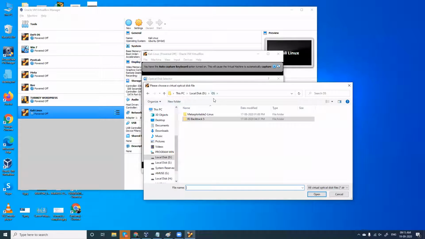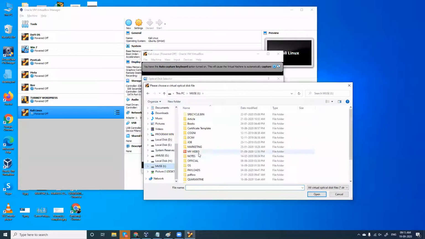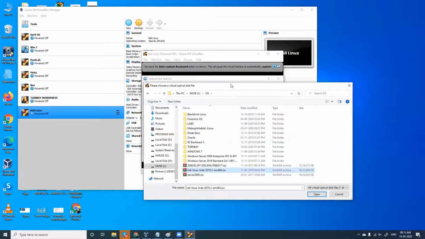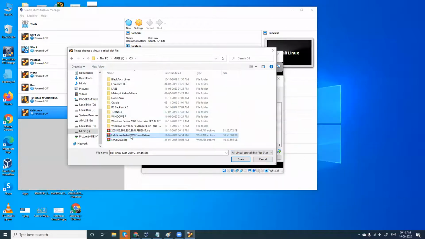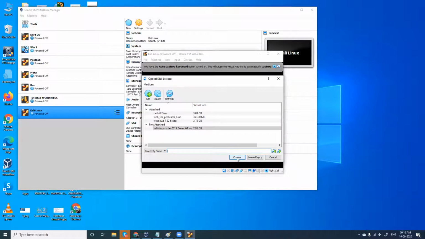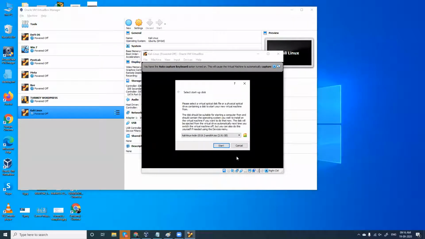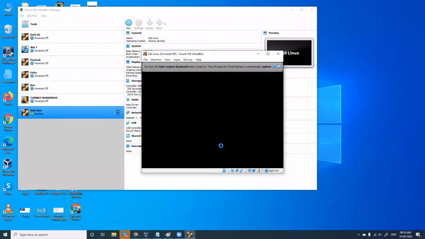I have my OS folder, and my Kali Linux is here. So locate your Kali Linux where it has downloaded, and click open. Fine, and choose, and Kali Linux is selected here. Now click start.